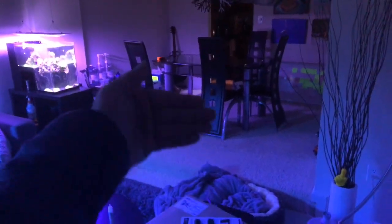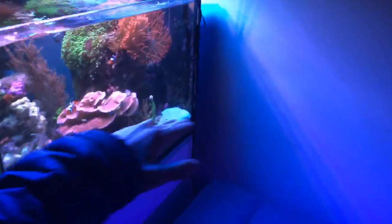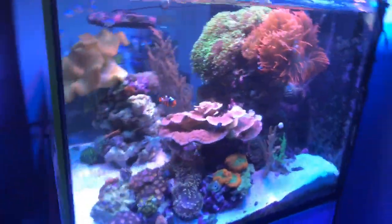That is the plan. I really want a 150 right here. Well, that tank will be gone. It'll be 150 right here. At first, I was thinking about a peninsula tank, but then I realized that with a peninsula tank, you have to scape both sides, meaning I won't be able to use all 24 inches of depth, because the first 2 inches you probably don't want to put anything there. It's too close to the glass. Versus if I do a traditional 24 inches deep tank, I can use the whole 24 inches to create